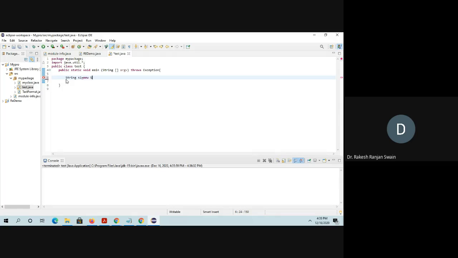Here I am creating the string using the constructor. You can also create it directly, no problem. First I am showing you directly, after that I will show you the constructor. Suppose A is Java, one string, and the second string B is also the same, Java.